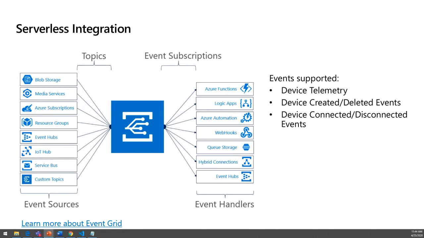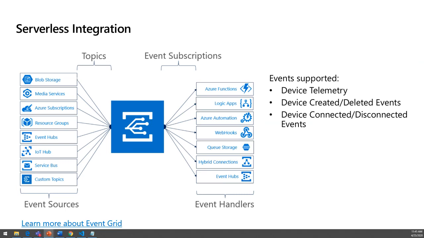All right, another thing with IoT Hub is that we do have integration with Azure Event Grid. So you can send event notifications to other services. You can also trigger downstream processes. For example, this one's a popular one where, let's say we've created a new device in an IoT Hub, and we